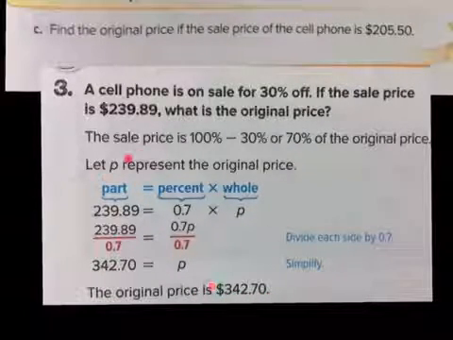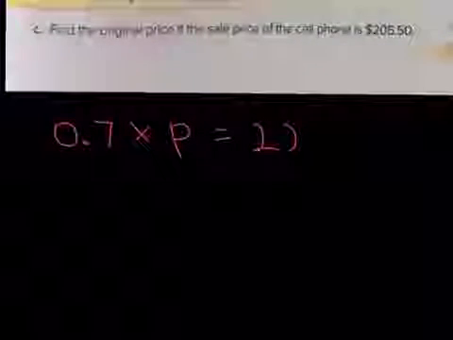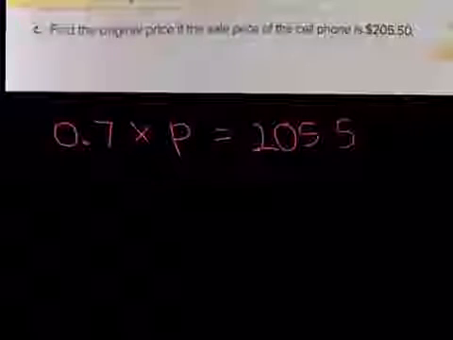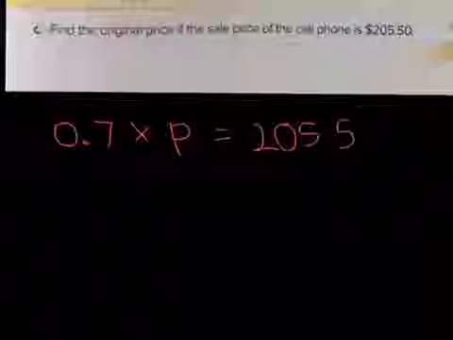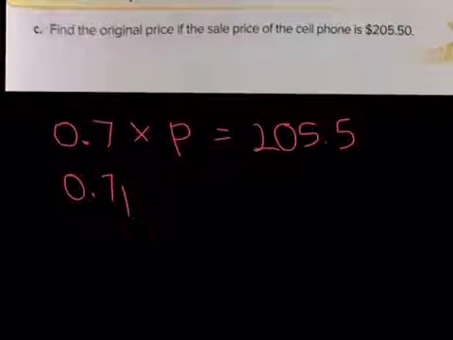If you need more time to look at this again or listen to my example, please rewind and listen again. Now let's try it with $205.50. We know that 70% times, let's say P, which is the original price, equals $205.50, right? Now let's go ahead and unite those two. 0.7P, that's multiplication, equals